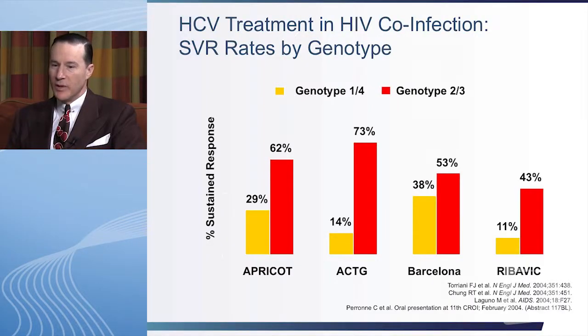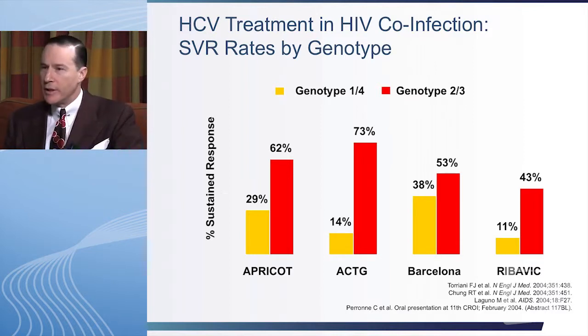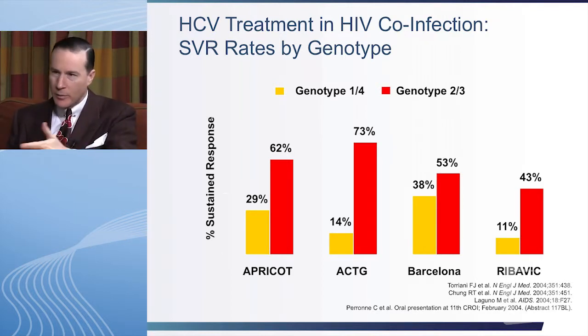in the mono-infected population. Up until the advent of the direct-acting antiviral agents for HCV, what have been the challenges in treating HCV HIV co-infection with pegylated interferon alpha and ribavirin in the past? Yeah, the treatment success in HIV-infected patients in genotype 1 has really been grim. A quarter of people being cured, a year-long therapy plagued by the kind of onerous side effects of interferon ribavirin. It's led many of our patients to simply refuse to be treated, not talk about it, and so